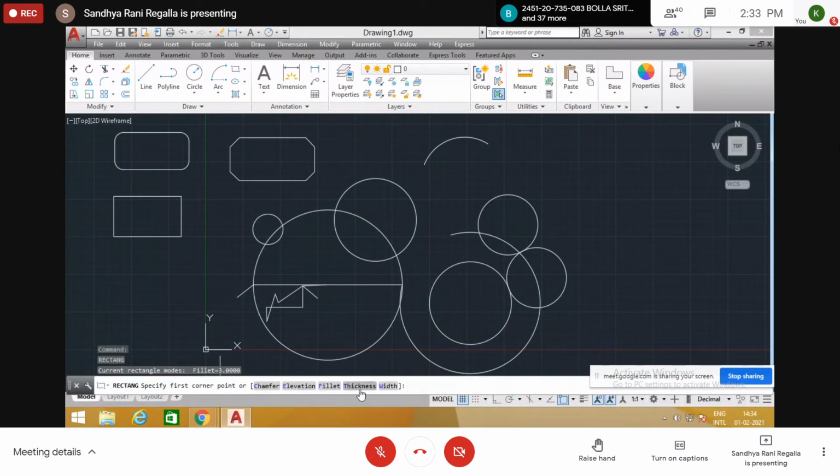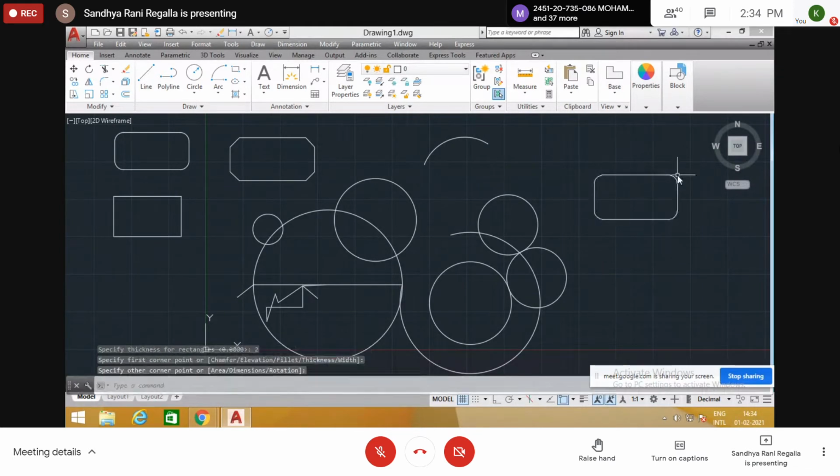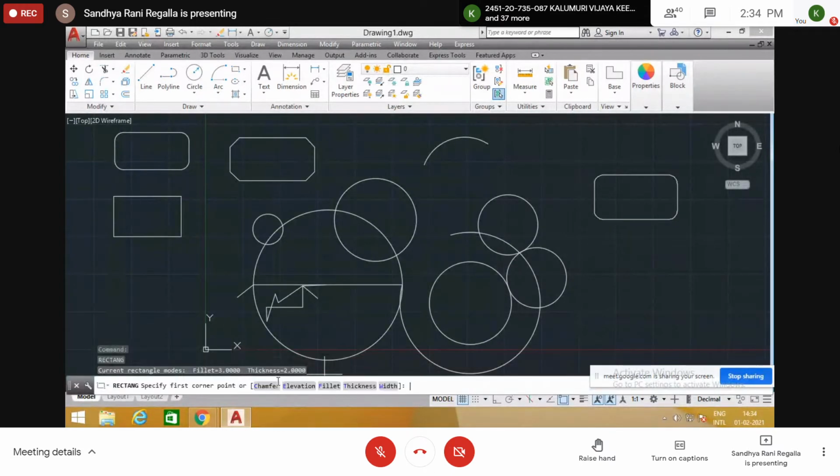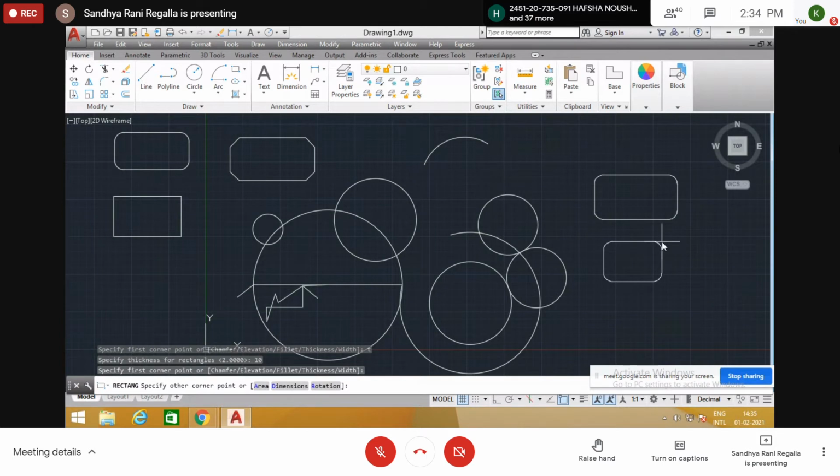And here the thickness option is not useful. Thickness means the same thing as in polyline, how you get thick lines, that way we get. Specify thickness for rectangle. Suppose I give 2. Corner, second corner, it is not visible. 2 is not visible here. Draw parallel lines now first. See, these parallel lines you must draw. It will not show the thickness. It is in chamfer option, fillet option only.